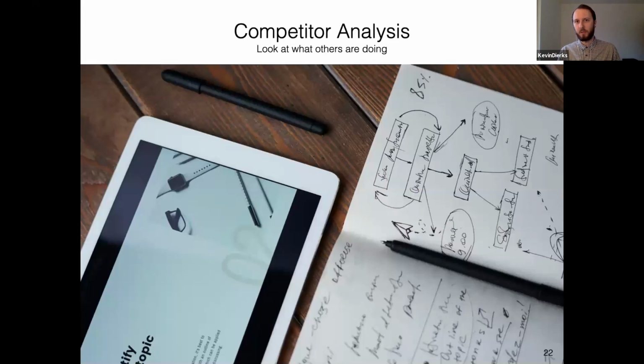The first thing you should be doing is competitor analysis. So that's also something that you can be doing today. You have an idea, you probably heard of somebody else doing something similar. Browse their website, check their apps, look at what they are doing. What are they doing good? What are they doing bad? Why is it working for them? Why is it not working for them? Take notes and take that as a basis for your idea to improve upon.